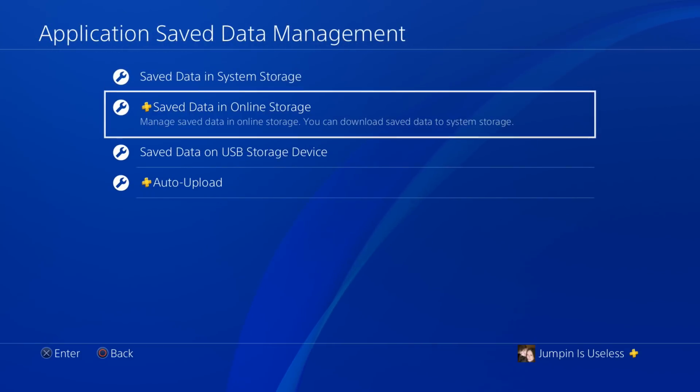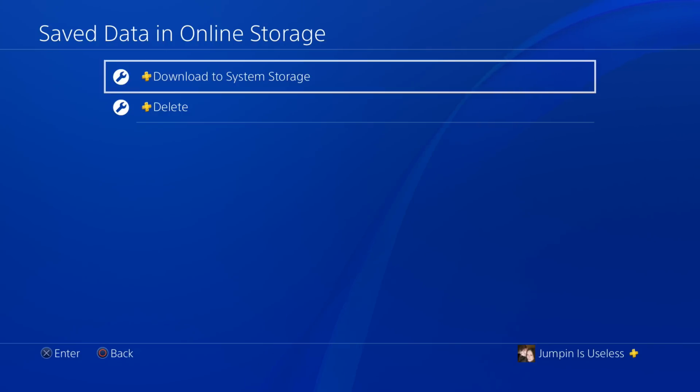And the way to download it is through this, which is save data in online storage. And then you can download that to your system storage, which will overwrite your current game save. So that is important. You always want to make a backup copy of your save before you try